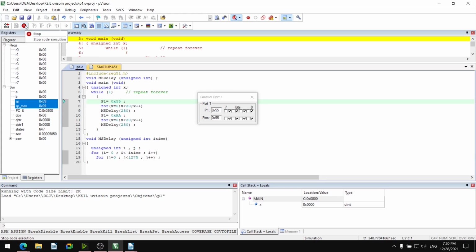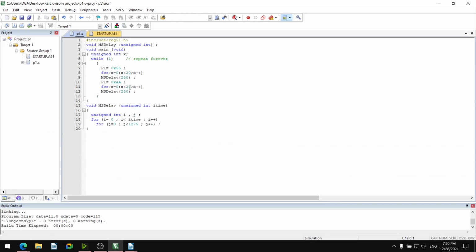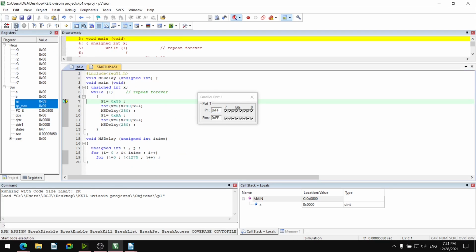But we are having approximately 5 seconds and we can extend it to say 10 seconds by making it 40. Save. Start debug session, start the execution.